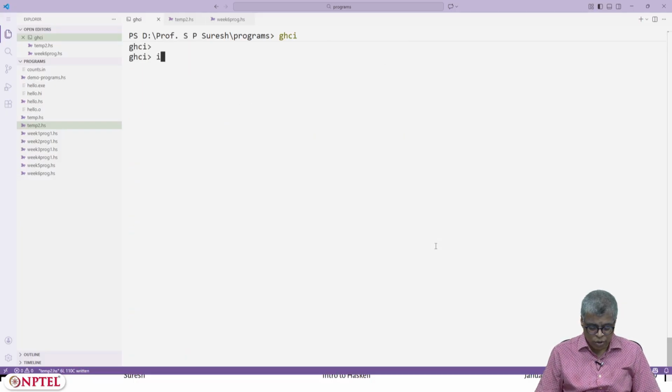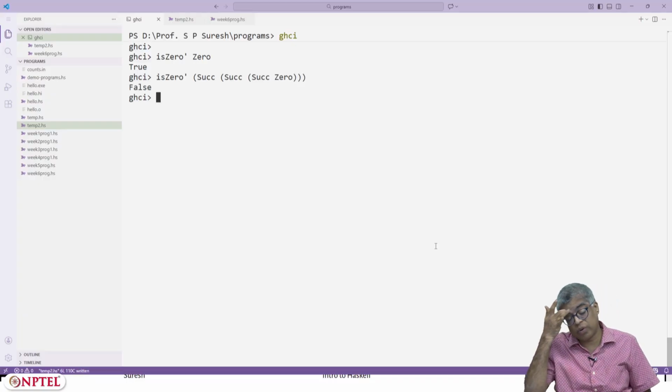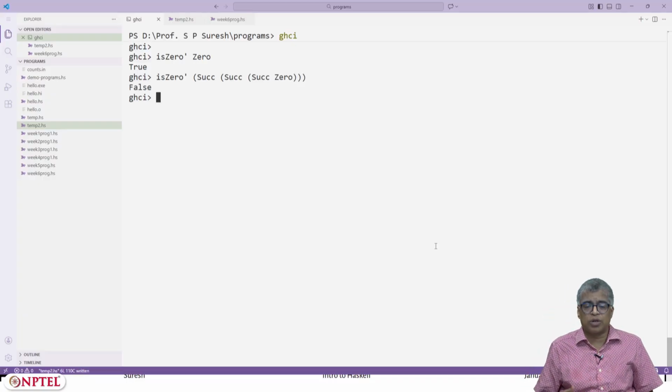We can ask is0' of 0. Yes, you get True as you expect. Is0' of Successor of 0 should give you False as you expect. Fine, so let's return to the slides.